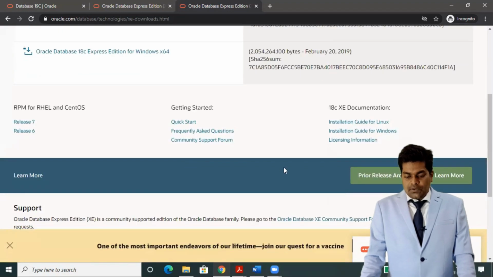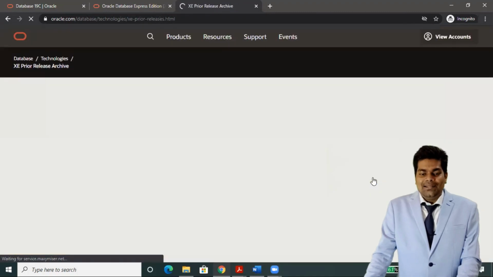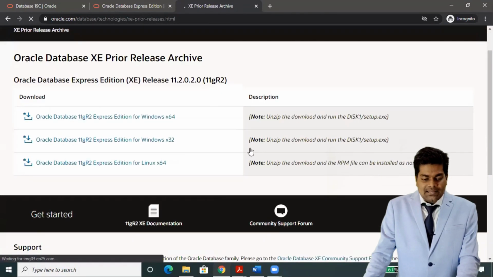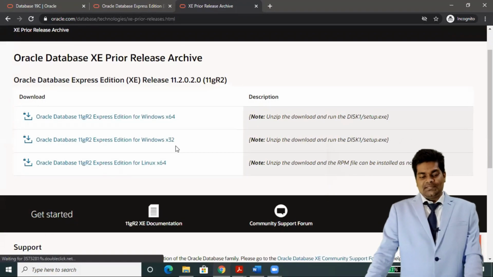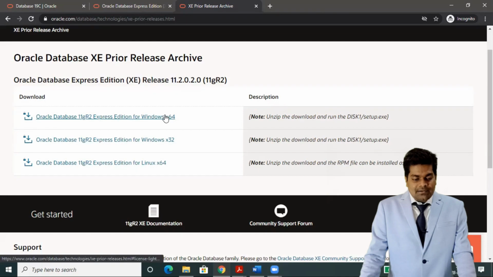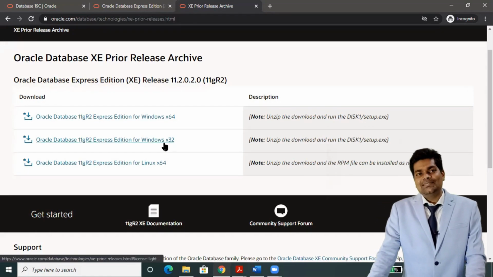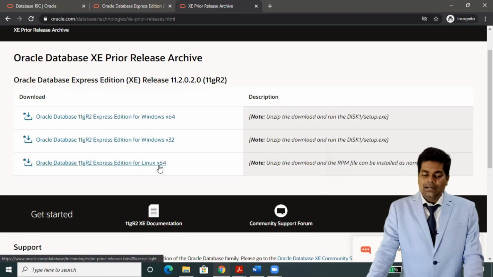Now we'll scroll down and go to Prior Release Archive. Click on it, and here we have multiple options: Oracle Database 11G Release 2 Express Edition for Windows 64-bit. If you are using a Windows 32-bit operating system, you can download the 32-bit version, or the one for Linux.